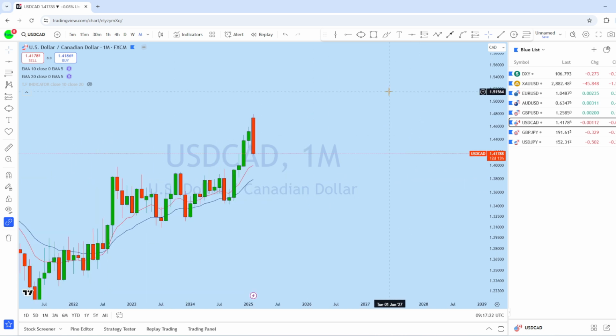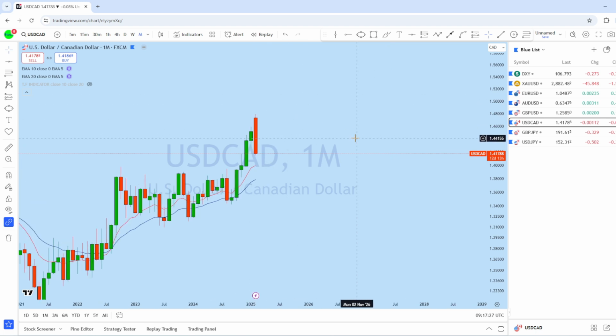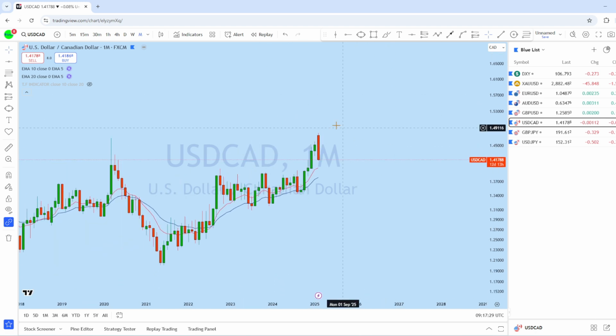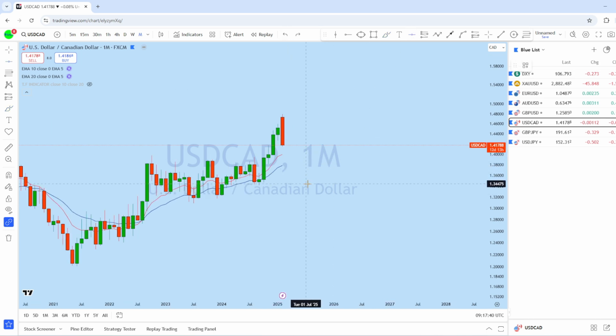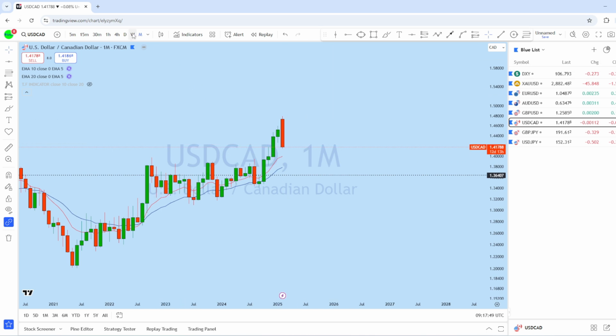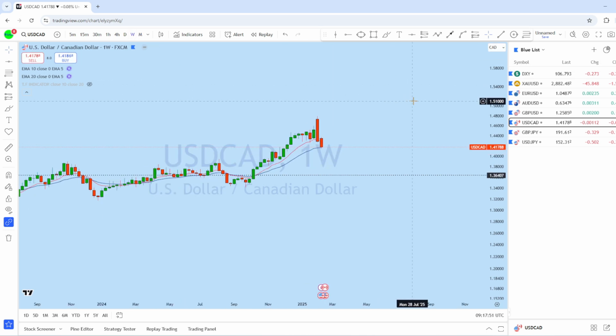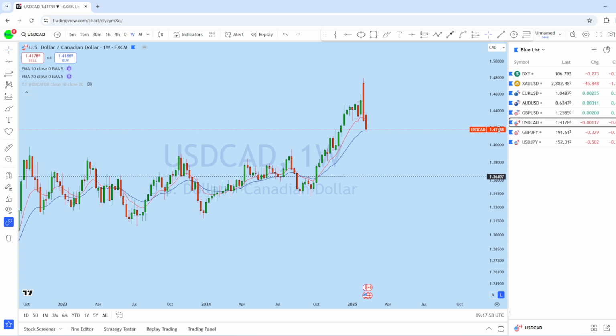Now dollar CAD, we can see that this is the monthly price action on dollar CAD. There was a gap open, and so far we can see a deeper drop on this market from the monthly, and we could see that dollar CAD is potentially coming back further to this support level. And as this market managed to break down, we could see the price is remaining bearish from a long-term perspective, at least for a certain period, as we see that DXY is showing a bearish pattern.